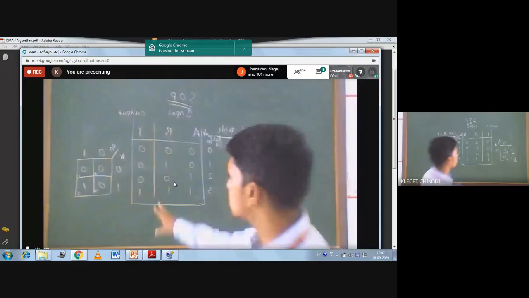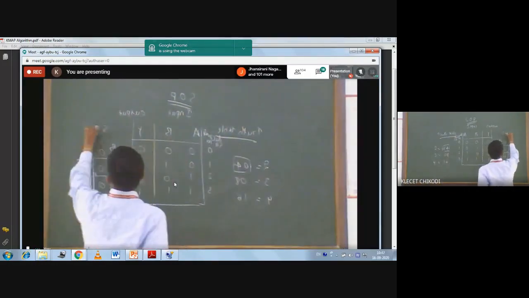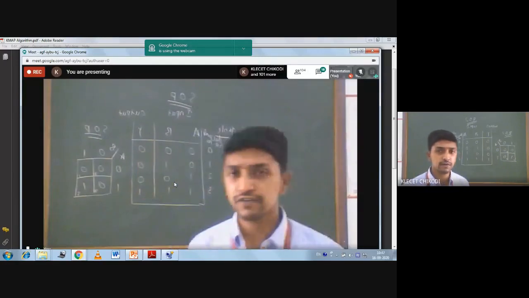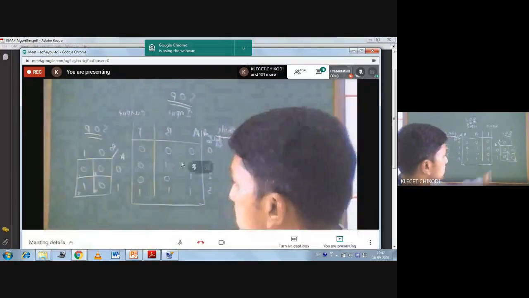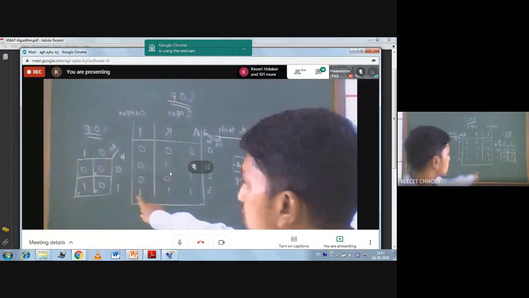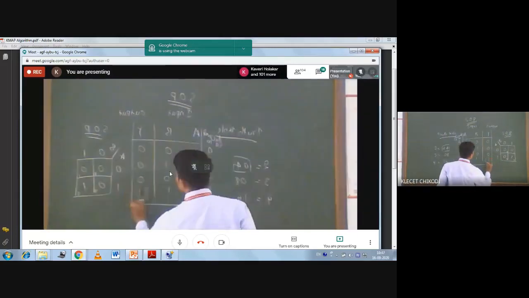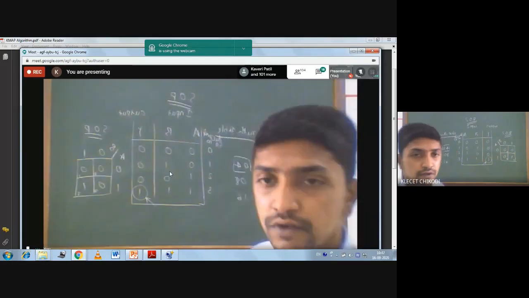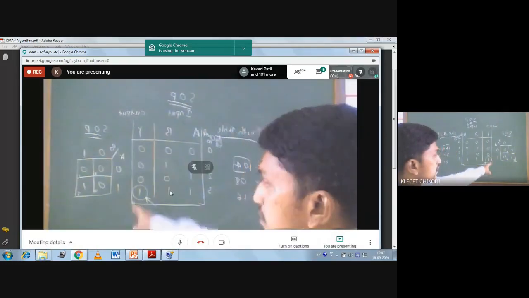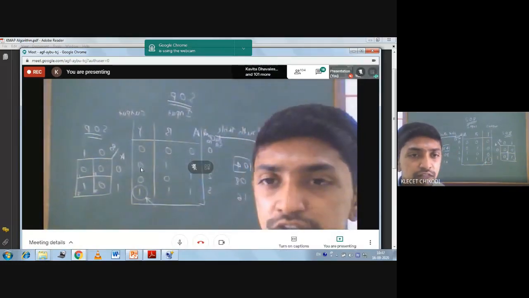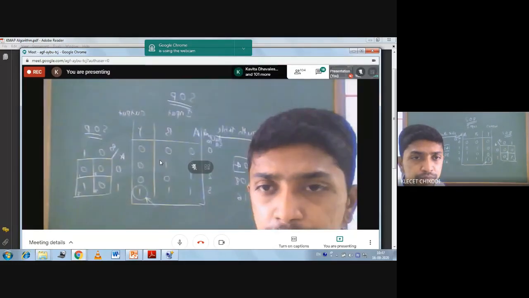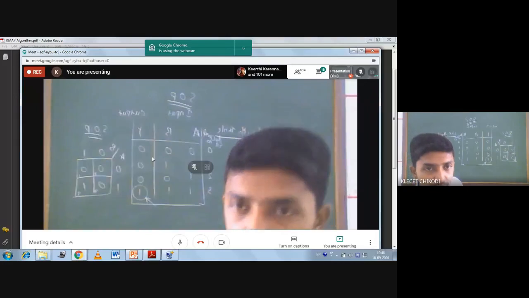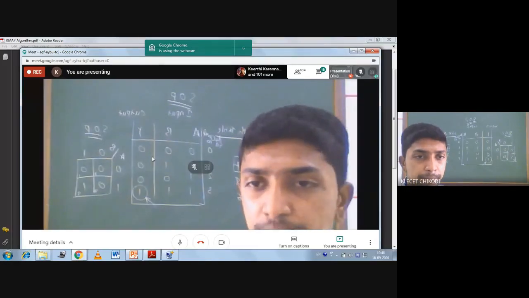Okay, since we are using the SOP method, that is sum of product form, you can see that here. So there is only one, this one, only one term available which has one value. Fine. Now can anybody tell me how many groupings are possible there in the K-map? How many groupings are possible there?